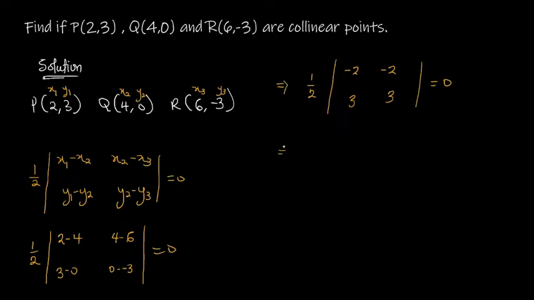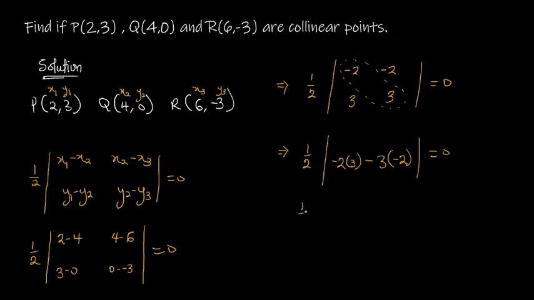Now you know that when solving a 2 by 2 matrix, to find the determinant, you multiply the leading diagonal, which is these two first, and you subtract the other diagonal from it. So we have half, then in brackets, we multiply the leading diagonal, so it will be -2 multiplied by 3, minus the other diagonal, so it will be 3 multiplied by -2 over here, should be equal to